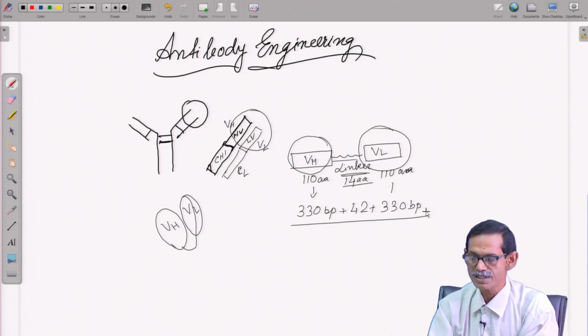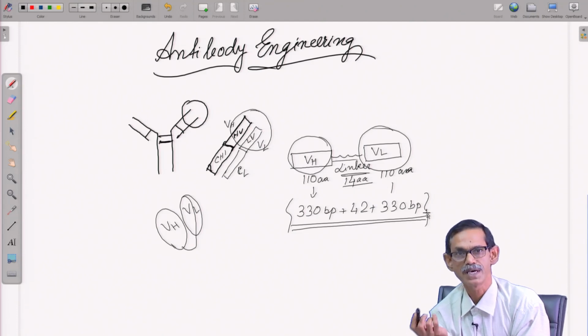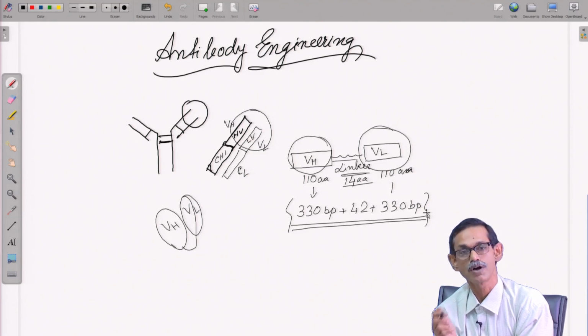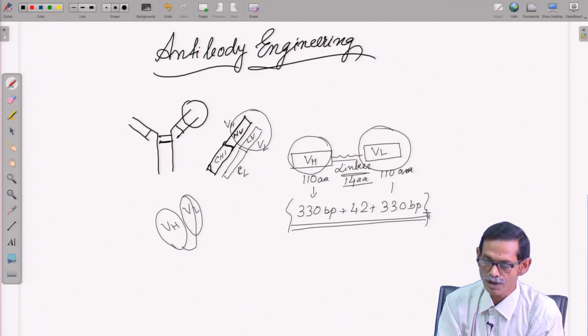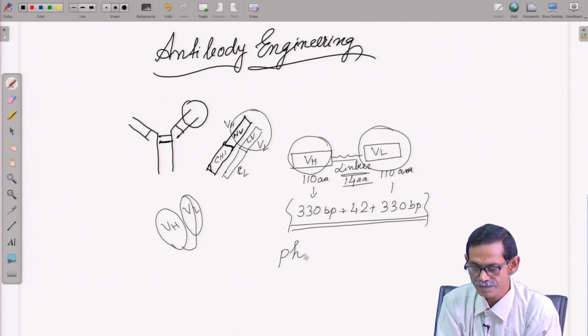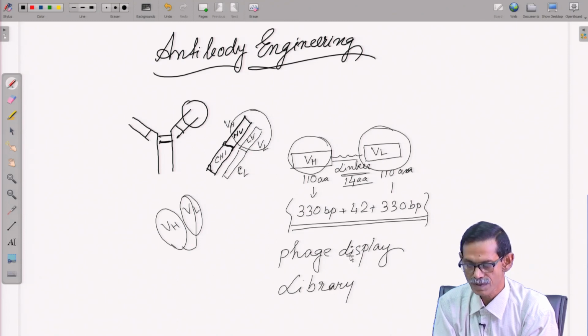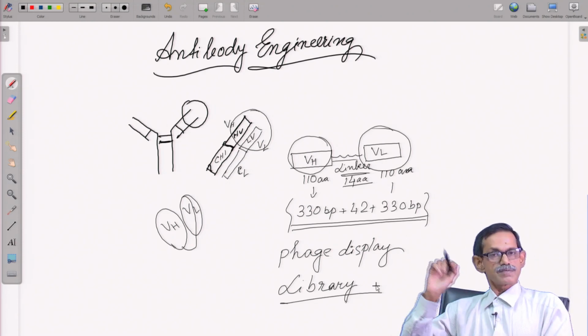Now, this construct is just for expressing a protein, okay. You can express it in bacteria, or in a bacteriophage. Normally we express it in bacteriophage, okay. When we express this, we also call it a phage display library. A phage display library can be used for many other things, but it is also used to